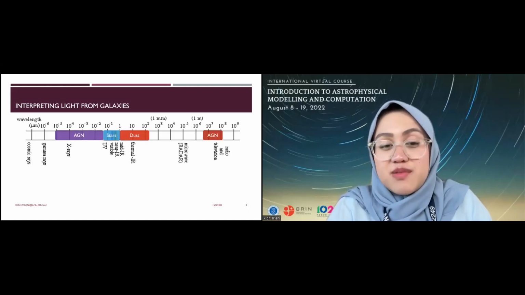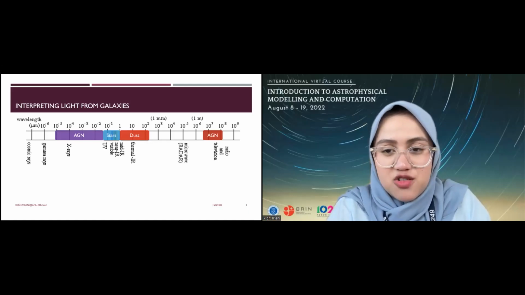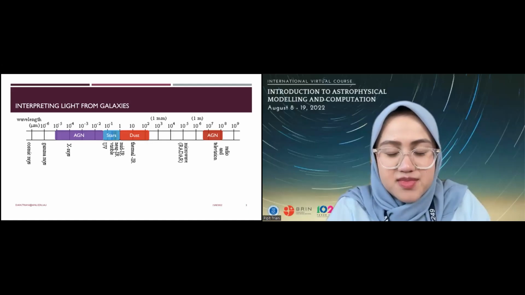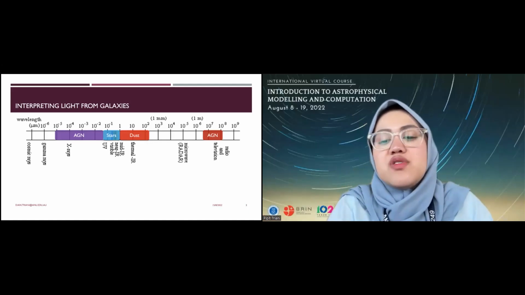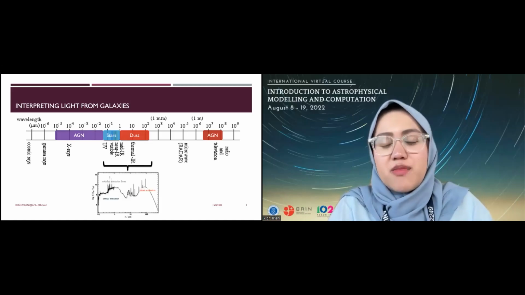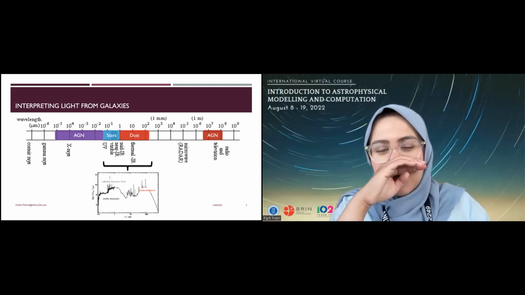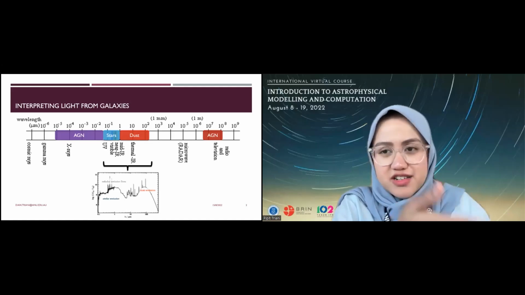AGN can be observed in X-rays and radio, as well as the cold gas and hot gas. So all of this multi-wavelength information is usually presented in the form of the SED, which stands for spectral energy